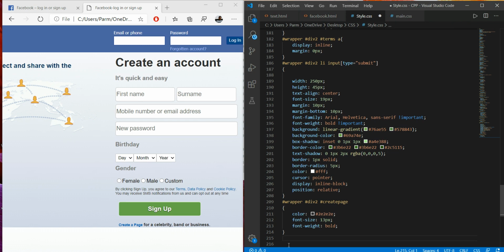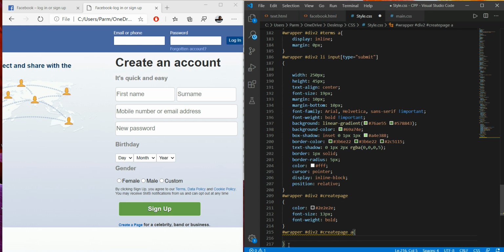So for this I have to write again ID hash div2, then here we use ID create page, and within that we use anchor element.